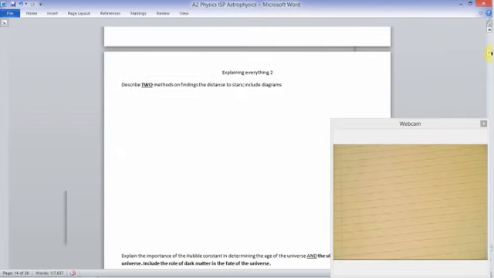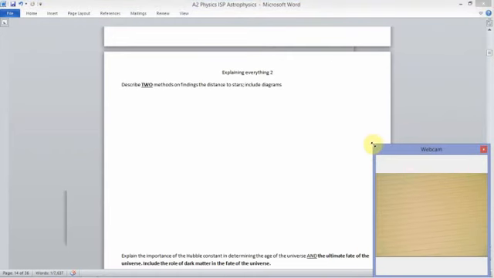So, describe two methods of finding the distance of stars. Include diagrams, okay? So the two main methods that we talk about are the parallax method and also using Hubble's Law. Remember, parallax method only works for nearby stars when compared against a distant background, because the way the parallax method works is by essentially plotting the position of a nearby star compared to a faraway star. So if you want a diagram for that,